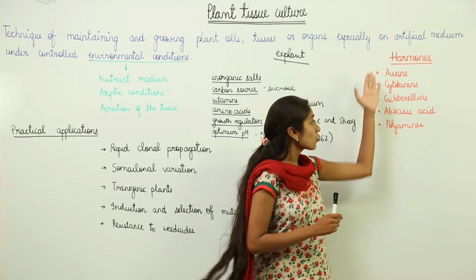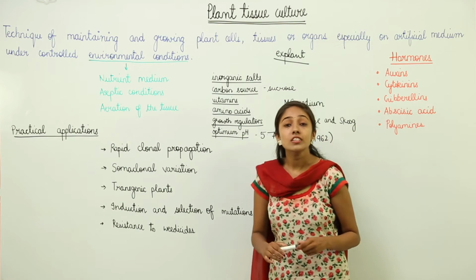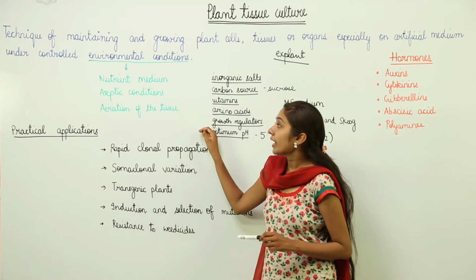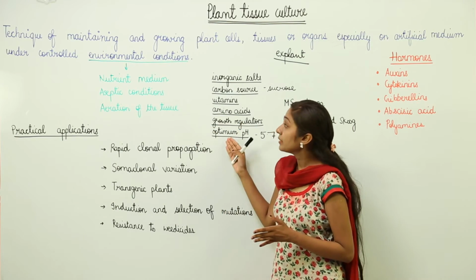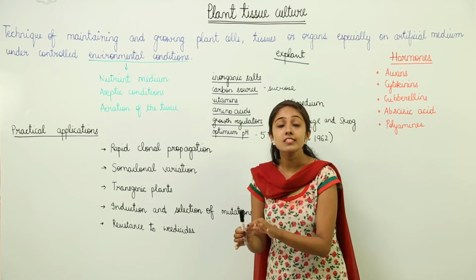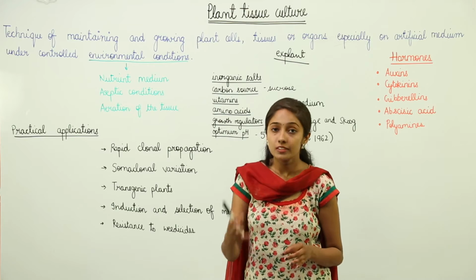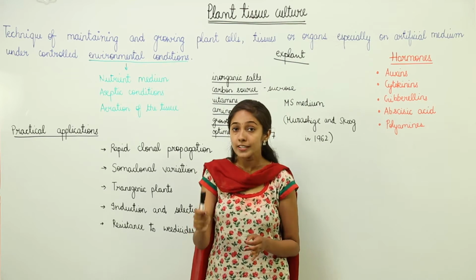And after this, based on the type of nutrients required by a particular plant, we sometimes also supply yeast extract or other things that may be needed. So it depends on the type of plant and the type of cells used for the growth of a particular plant. So requirements are different from one plant to another, right?